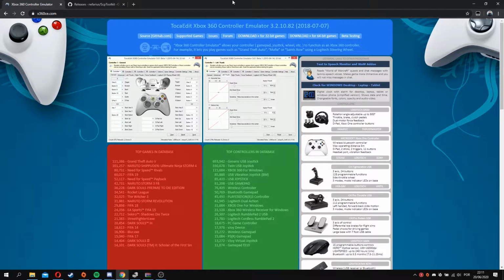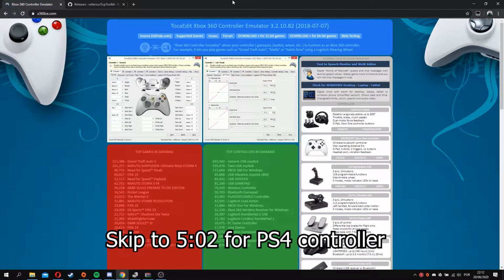And FIFA especially is a game where it is not difficult but confusing, and the hoops you need to jump through to get stuff to work with it are very annoying. So I'm going to go through the steps for the PlayStation 3 controller.